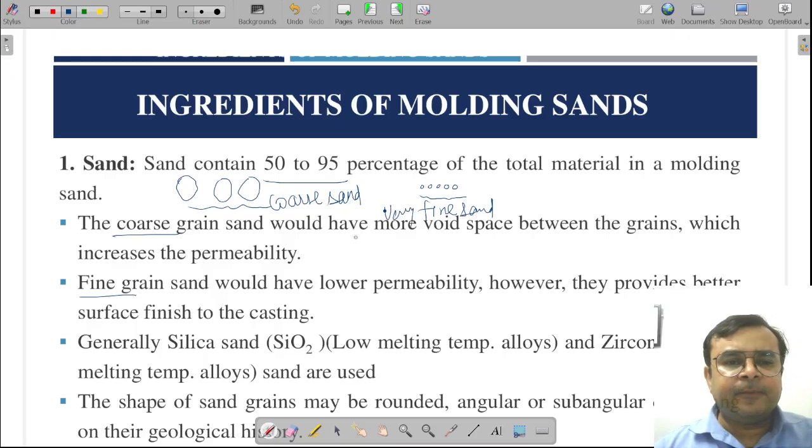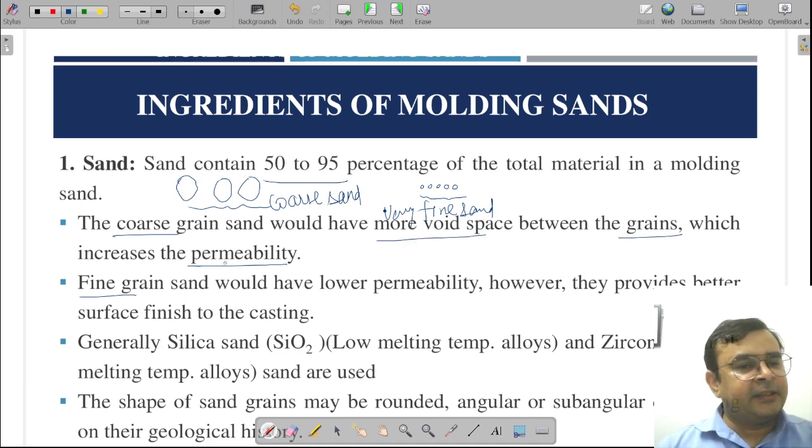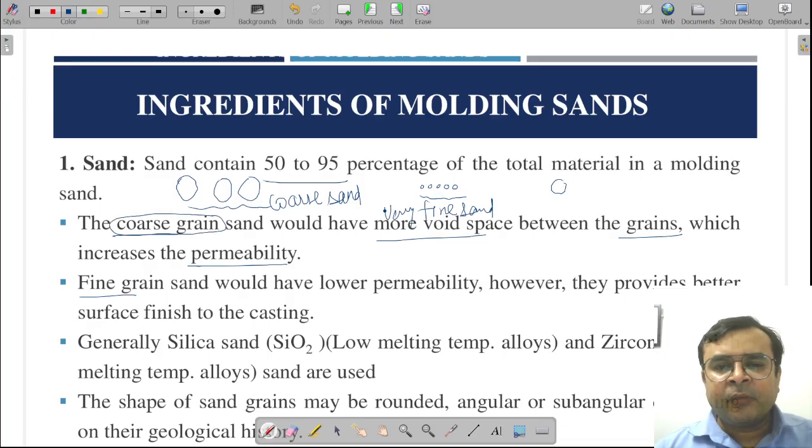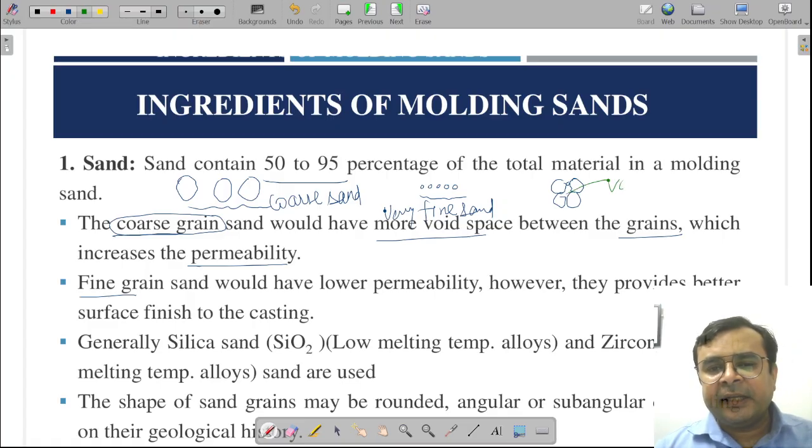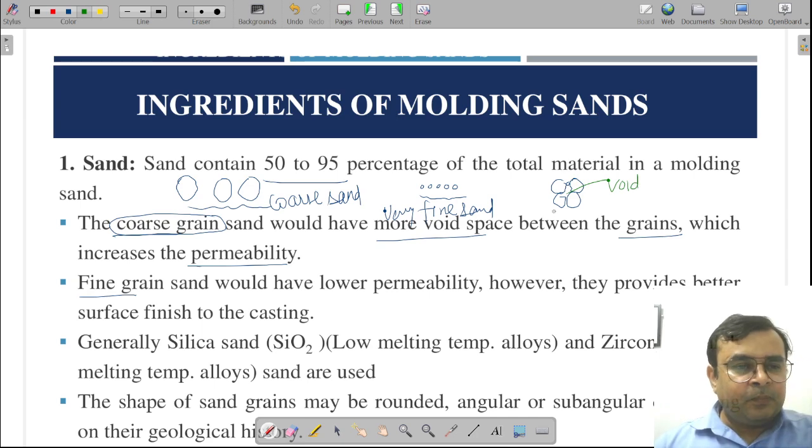You can see here, coarse sand would have more white space between the grains, which increases the permeability. Is it right? Coarse sands have more gaps. If I arrange the sand like this, then this vacant space is called a void, and from this void the gases may easily escape. This escaping ability is called permeability. So the larger the sand particle size,